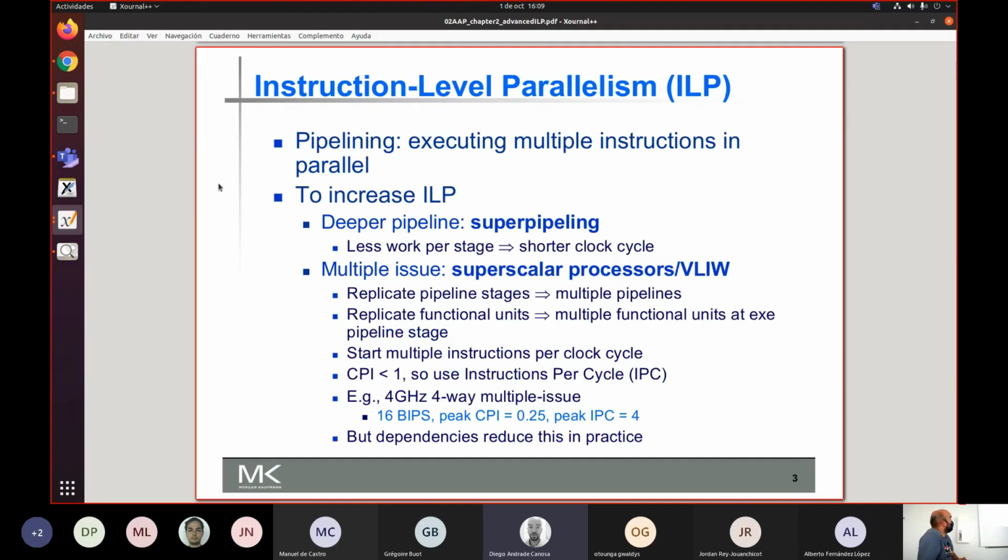Okay, so in the last chapter, when we reviewed basic knowledge of computer architecture, we talked about the concept of pipelining. Pipelining is the idea of applying the concepts of a production line or a factory line to the execution of instructions inside a processor. The purpose of this was